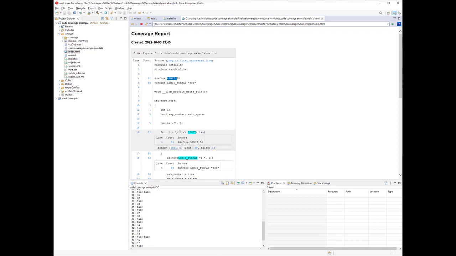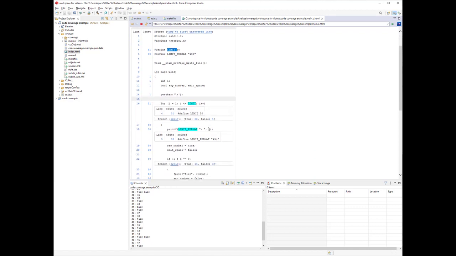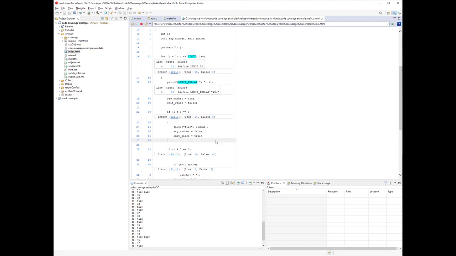It's our for loop condition, and the numbers are all constant in this simple toy program, so we know we're going from 1 to 50 inclusive, so it's going to run exactly 50 times. Then on that 51st time, i++ is going to increment to the value 51, and then it's going to fail this condition test, and that's the end of the loop. So that's how you can see why it was true 50 times and false 1 time. Let's try and look at another branch and get a sense of how these work.